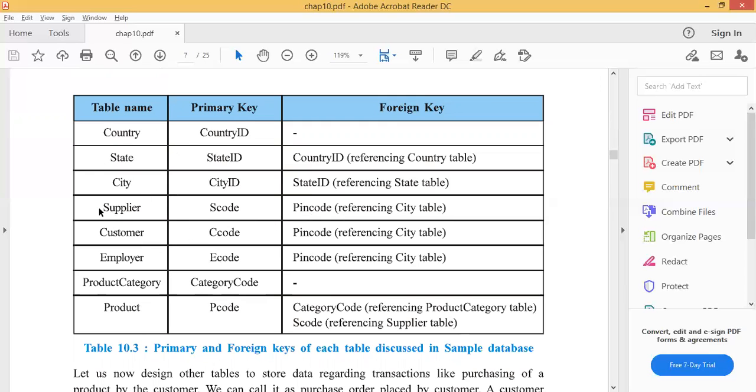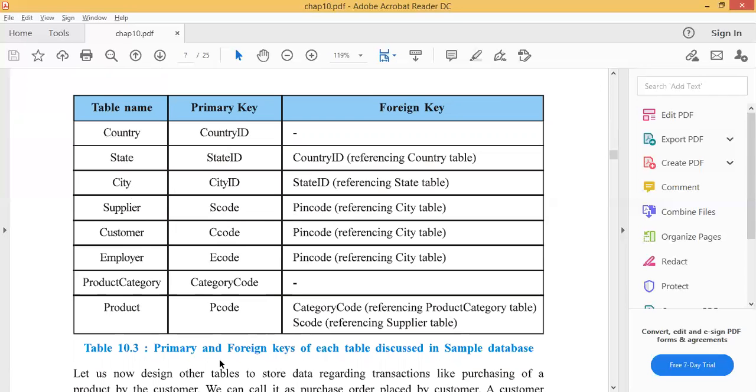What are fields and records? Fields are the headings of the table. Accordingly, under those fields we enter the data. And records are the information we enter as per those fields.